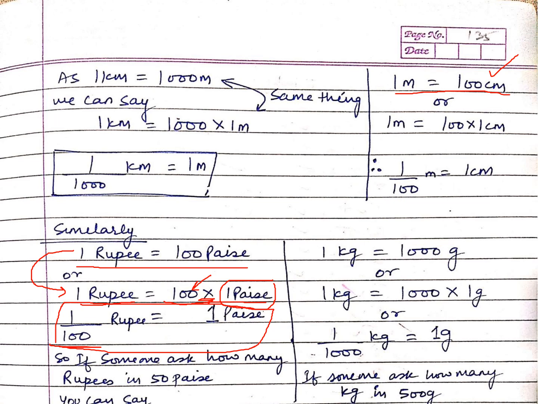So let's find it. We can say 1 meter is the same as 100 into 1 centimeter. Can't we say these two are the same thing? If we join 1 centimeter 100 times, what I get is 100 centimeters only. Now, whatever we want to find, we have to isolate on that side. That is why this 100 will come in the division, and we can say in 1 centimeter we have 1 upon 100 meters. I hope you got this.